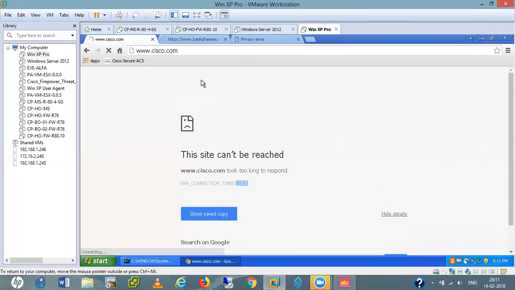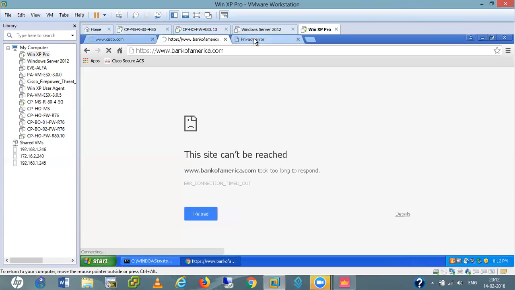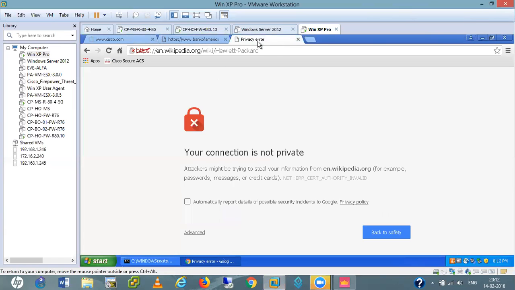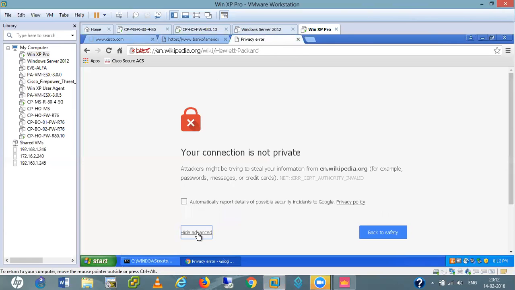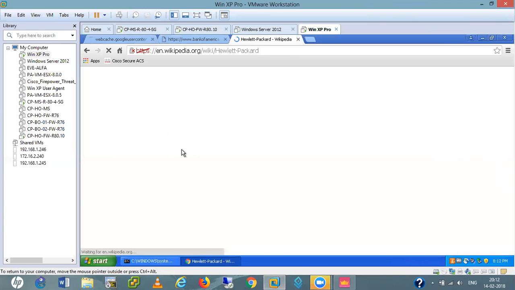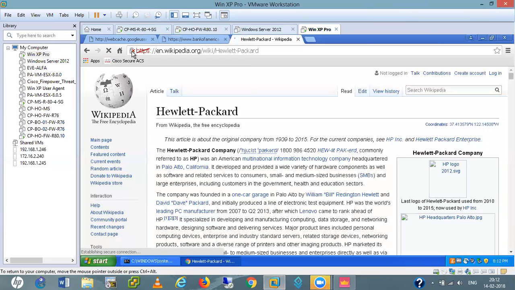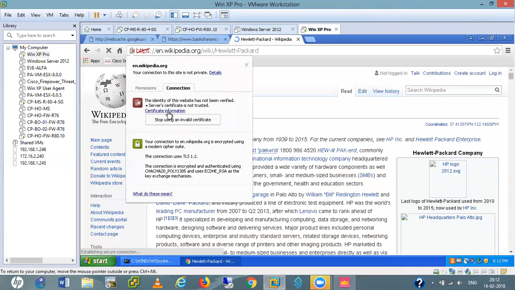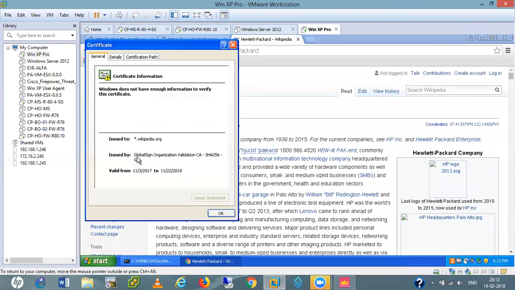Error connection timeout. Okay. You see, we are getting this error. Okay, this message. Privacy error. Yeah. So basically, now it is start decrypting. If I open this website and check the certificate information: Wikipedia G2 global organization, this one.